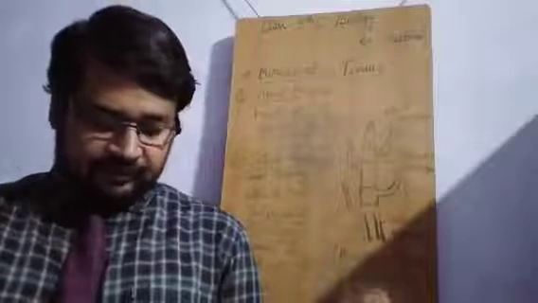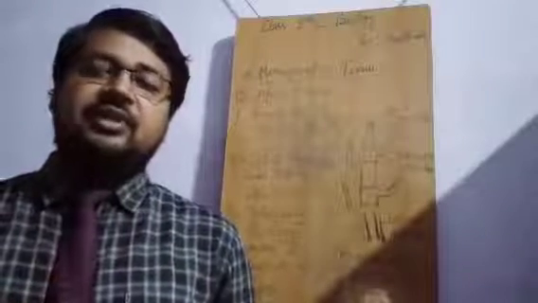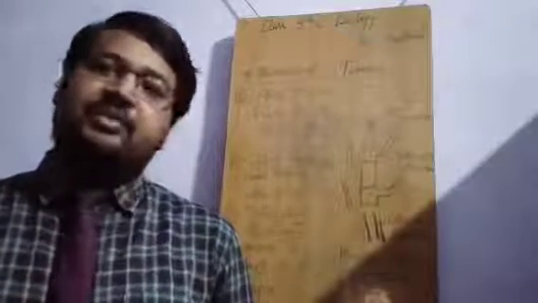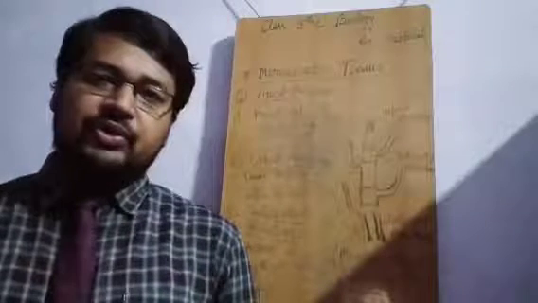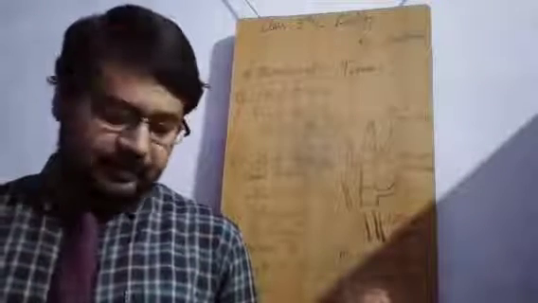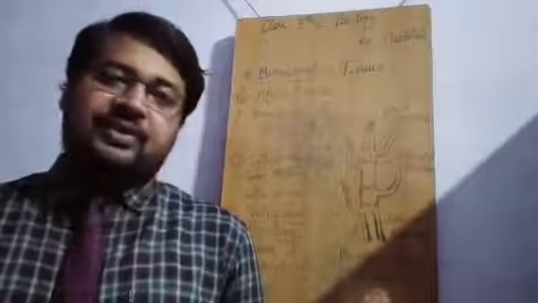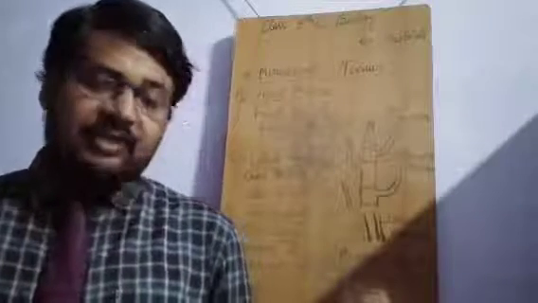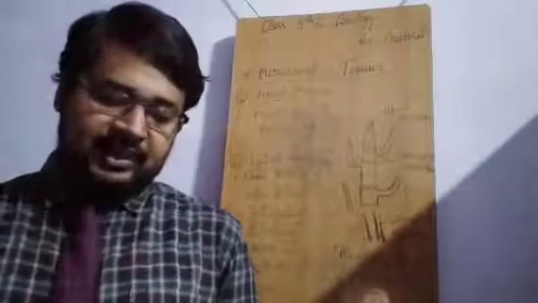What is the position of intercalary meristem and what is the position of lateral meristem? Students generally get confused between lateral and intercalary. So the name in itself clarifies. Lateral shows its positioning, intercalary means on the nodes and on the base of the leaves. So the basic function of intercalary meristem is to increase the length of the organ. Where it is found, its duty is just to increase the length. Okay. So I think meristematic tissue is clear to all of you.